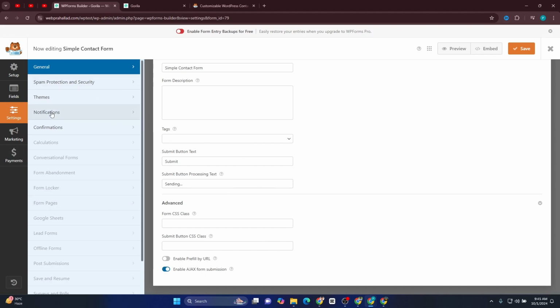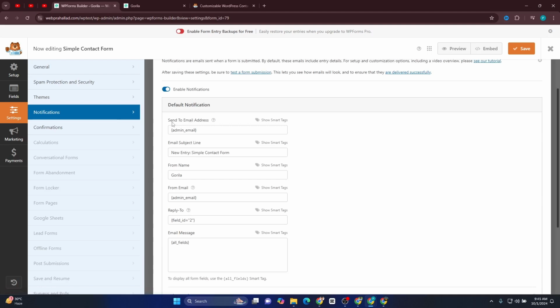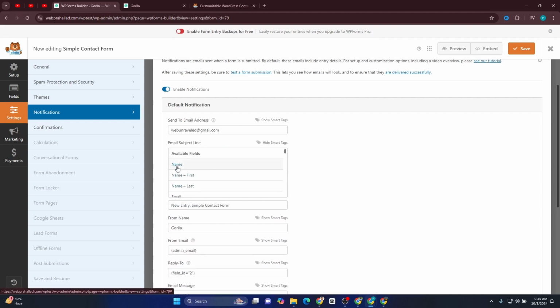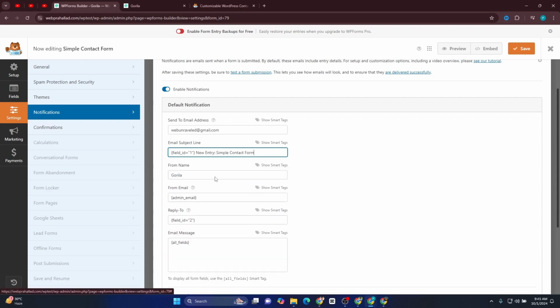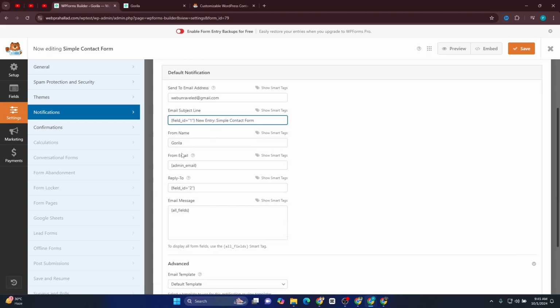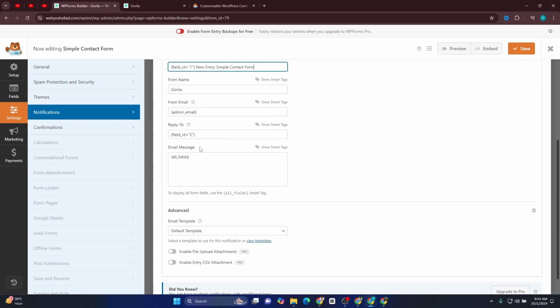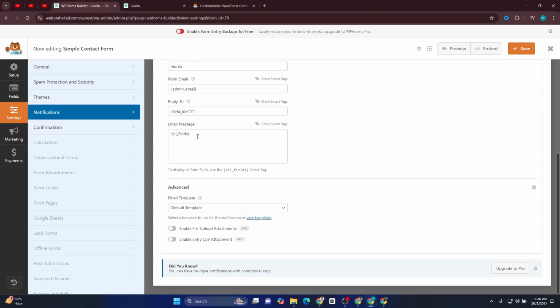Now go to the notification and then send to email address. Here enter your admin email. Suppose I am going to add my admin email address. After that, on the second line, email subject line, you can change the subject line. You can edit it or delete it, or you can add a new smart tag. Just click on that and then you can choose name or first name, and then from email, admin email, and keep it the same. Now on the left panel, go to the confirmation